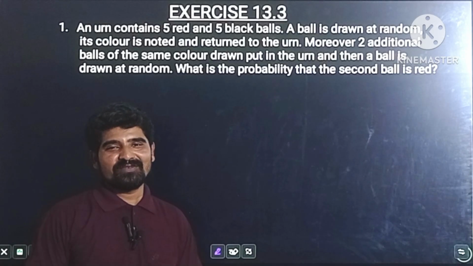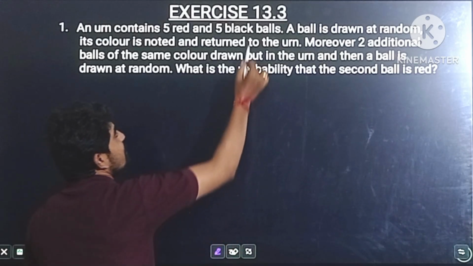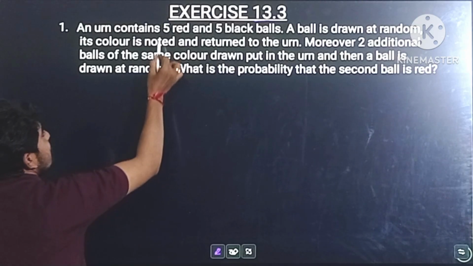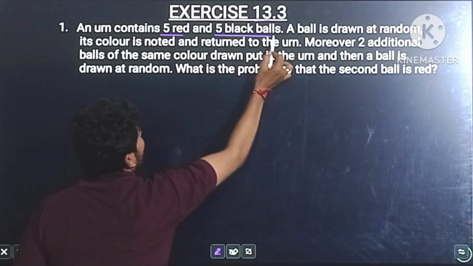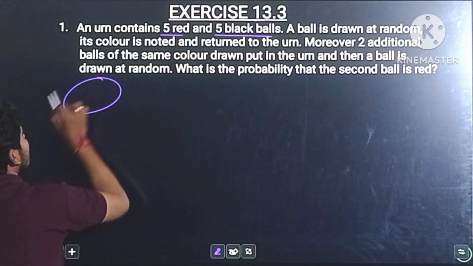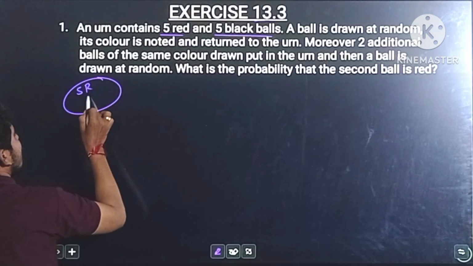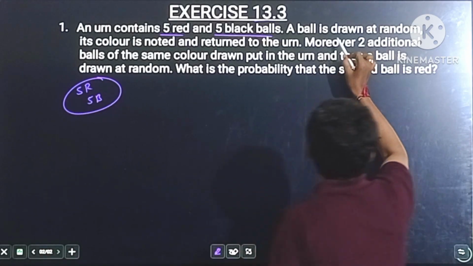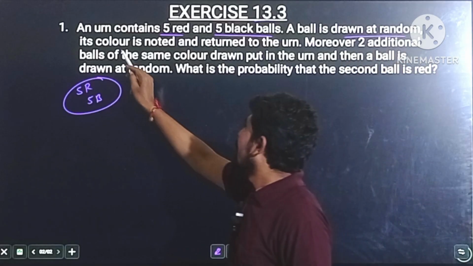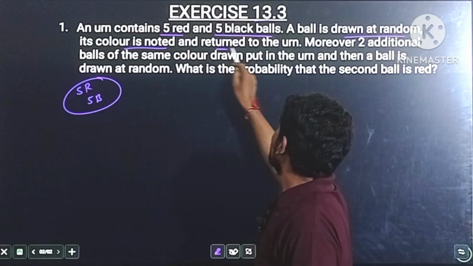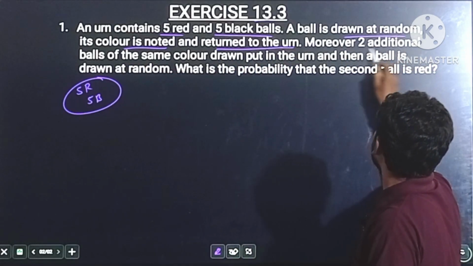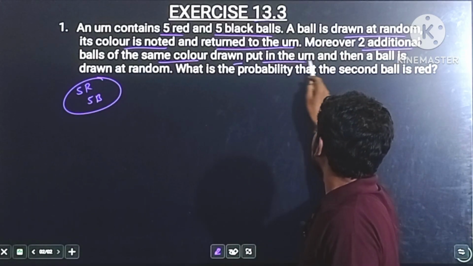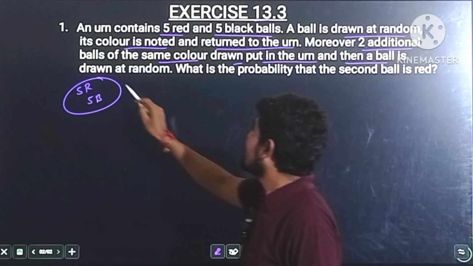Hello students, in this video I am going to start exercise 13.3, and the first question is: an urn contains 5 red and 5 black balls. Here is the urn which contains 5 red balls and 5 black balls, and the experiment is that a ball is drawn at random and its color is noted and returned to the urn. Moreover, 2 additional balls of the same color as the one drawn are put in the urn, and then a ball is drawn at